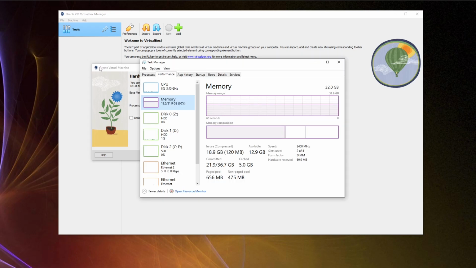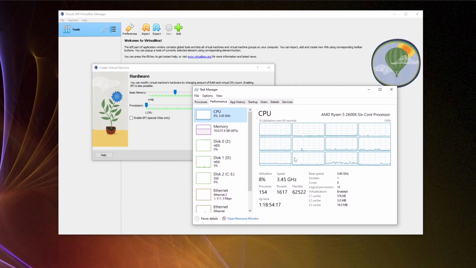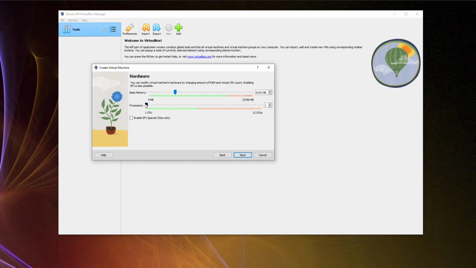CPU, you can check how many CPUs your machine has. In my case, we have a lot of CPUs, so we're going to select, for example, 6. Next,